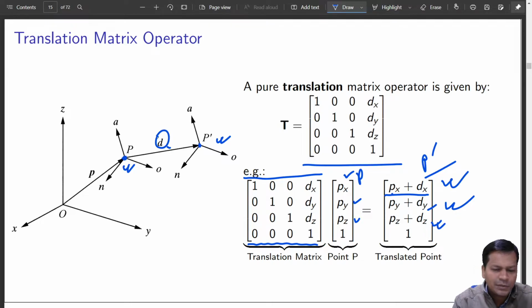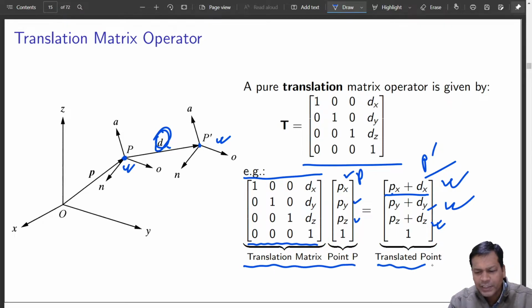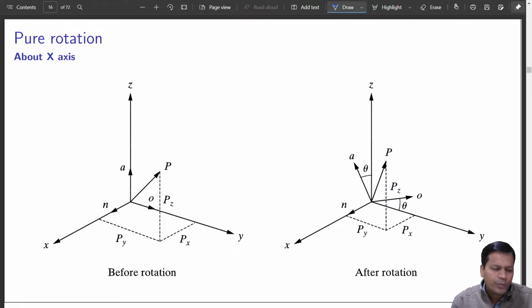What is D? D is basically the displacement. So this is how a point may be translated in space by a displacement T. D is a vector with components dx, dy, dz. So this is how it works. Similarly, you may have a pure rotation